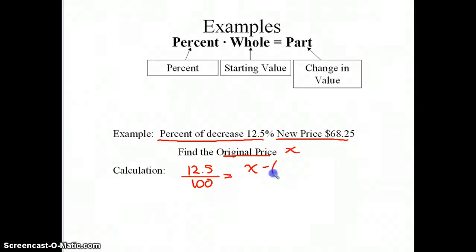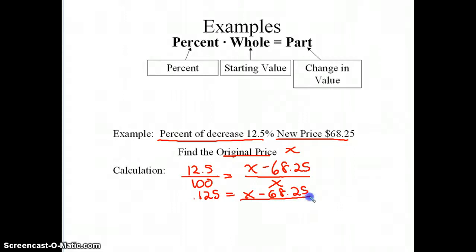X minus 68.25 divided by my original price, which is X. Now, when I look at this, I have two options. I can use cross multiplication to solve this, or I can solve by simplifying the left-hand side. In this case, I am going to simplify that left-hand side to be 0.125, which is equal to X minus